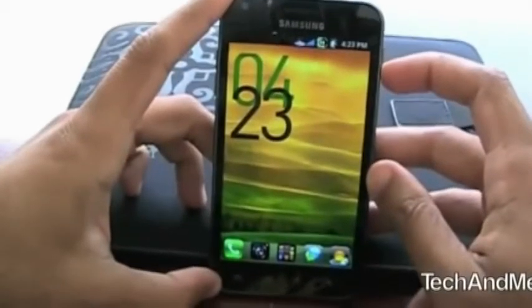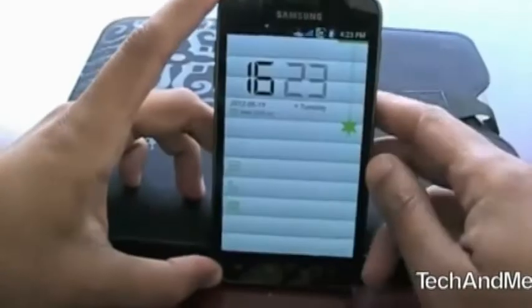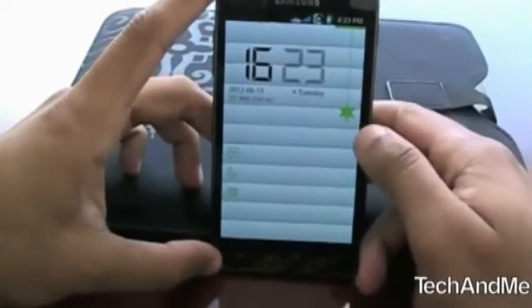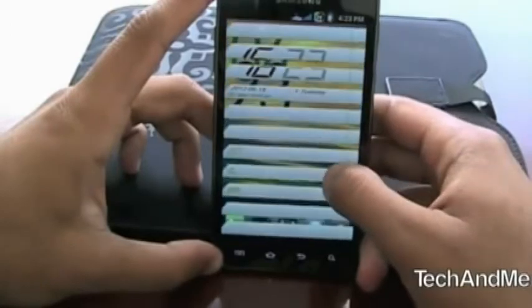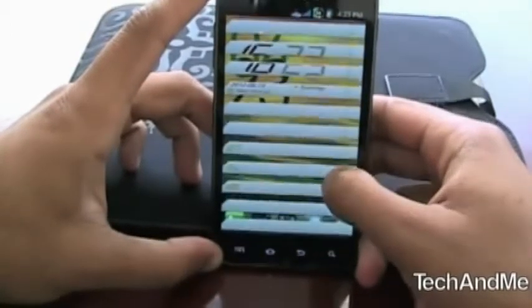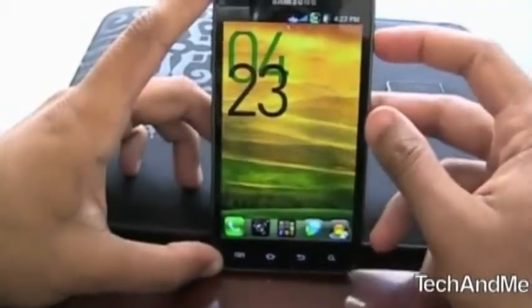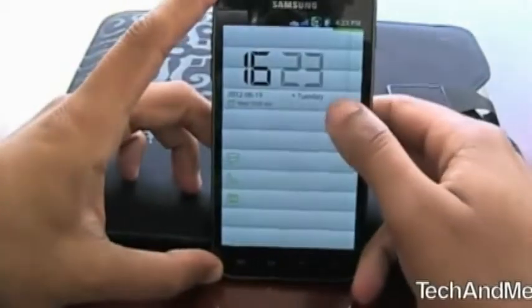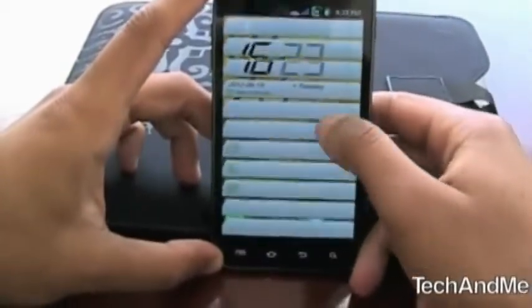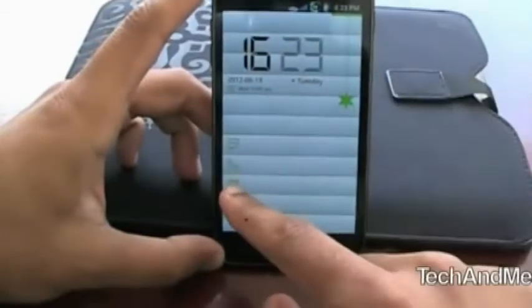Okay, the first app of today is a GoLocker theme. So here we have the theme called Shutter. All you have to do is pull this down and it unlocks like a shutter. Boom. The best part about this theme is although it has all these cool animations, it also has a quick